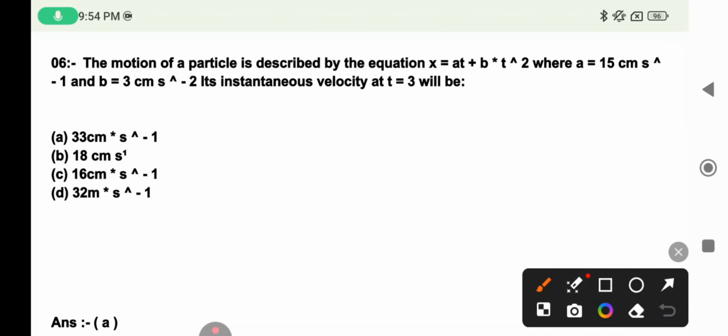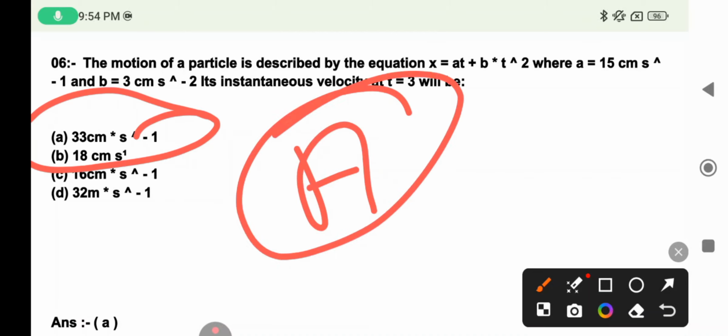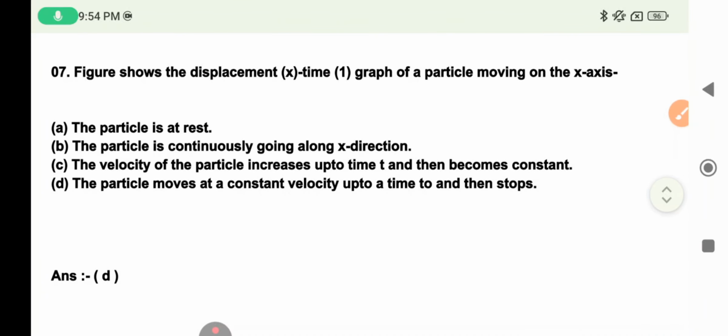And the correct answer is option A, 33 centimeter per second inverse. Now move on question number 7. Figure shows the displacement x time graph of a particle moving on the x-axis, and here the options: